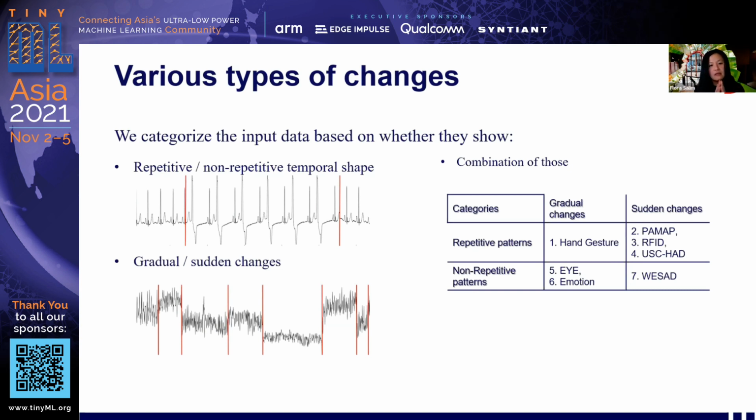There are several; in this paper we have, in the input paper, I'll show you the link later. There is the taxonomy that we actually propose, where the changes are based on temporal shape, not on statistics or gradual and sudden changes. The shape itself could be flipped, for example, and the changes could be repetitive or non-repetitive, so completely new shapes or completely new patterns. And we found there are public data sets that correspond to different categories of changes.